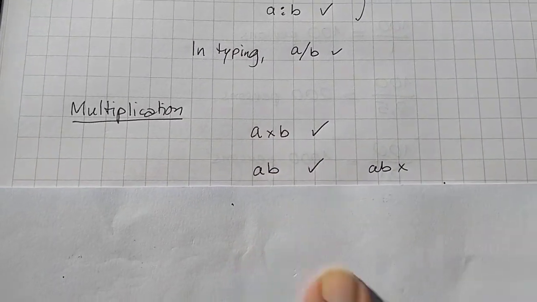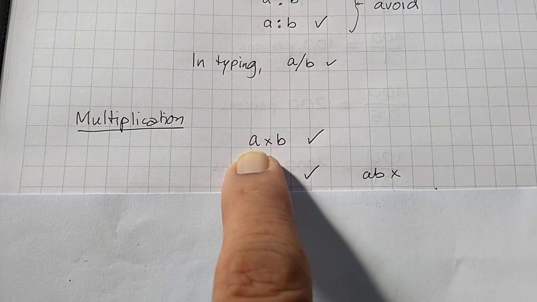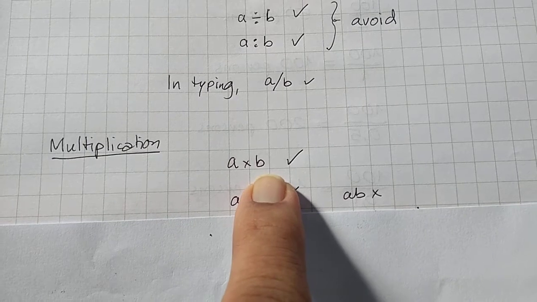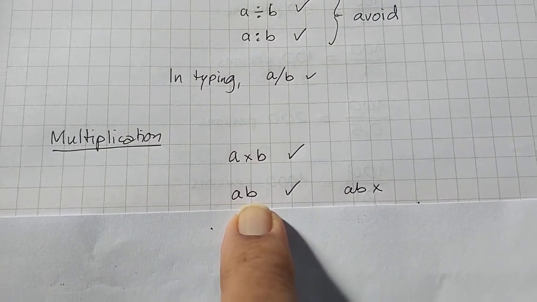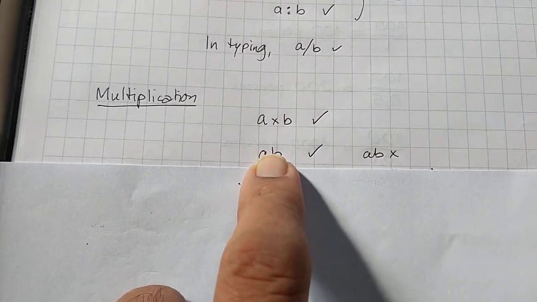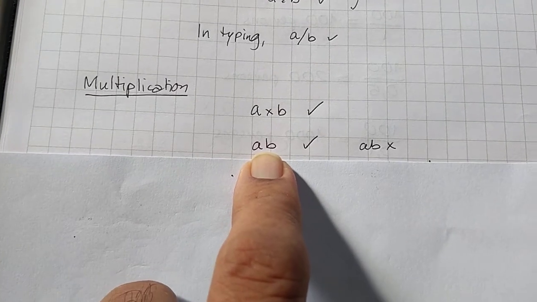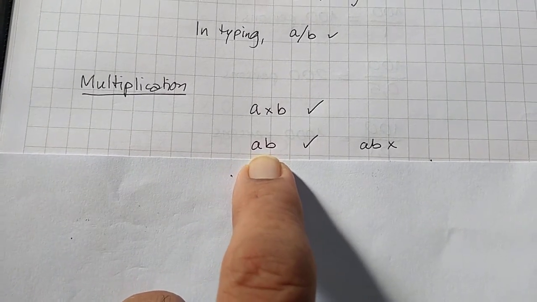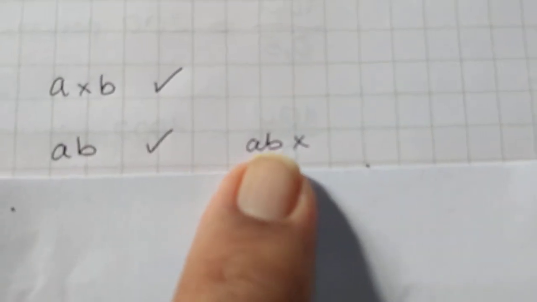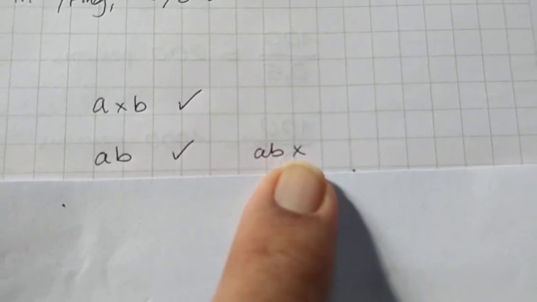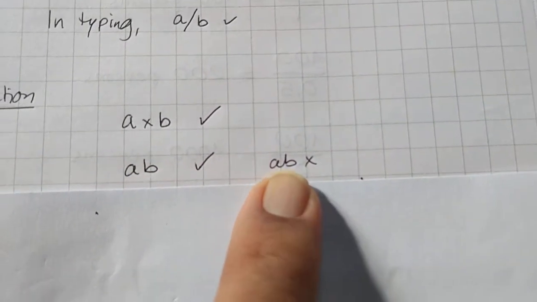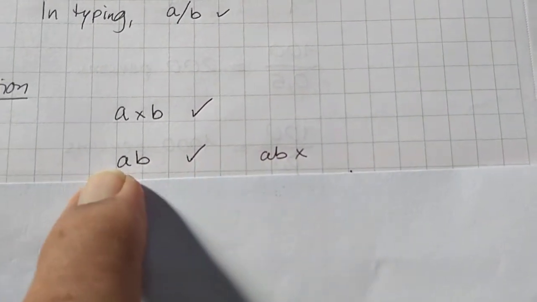Okay. Now you can also write, when you have two literal quantities, when you're multiplying a by b, you can write ab. This also means the same as a into b. I'm sure you know all of this, but just to have it in one place and just to remind you how to do this. If you write it like that, then this you cannot write. You cannot write joint handwriting where you write a into b joined. That is not allowed. You have to write it as separate variables, because this will become like a word ab instead of a into b.